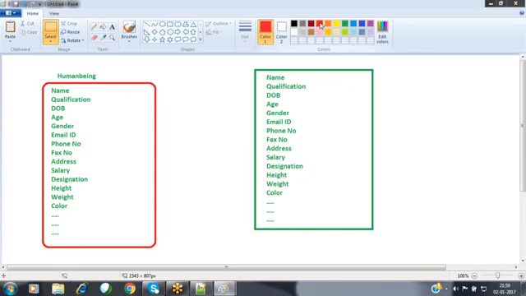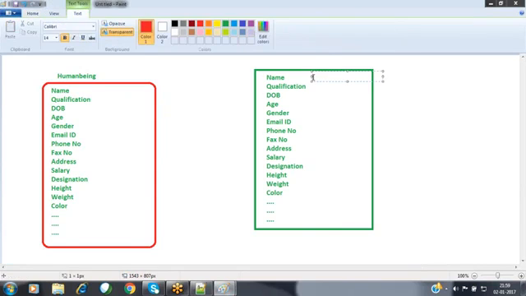Now he will have some name. For the name, Ramesh. Qualification, some BTech. Date of birth, some value. Age, some 26. Gender, male. Email ID, Ramesh at gmail.com.